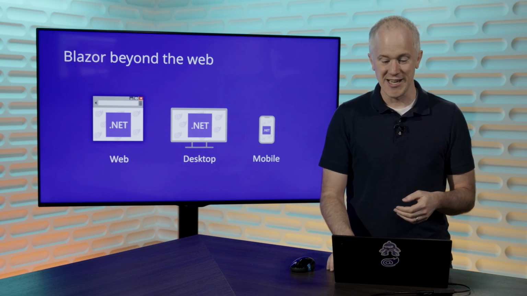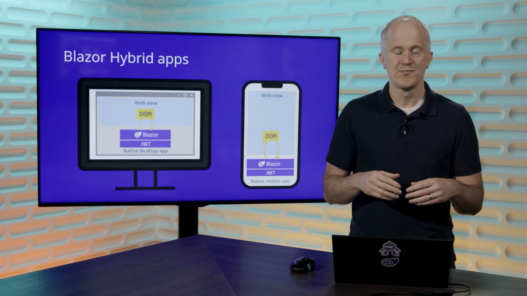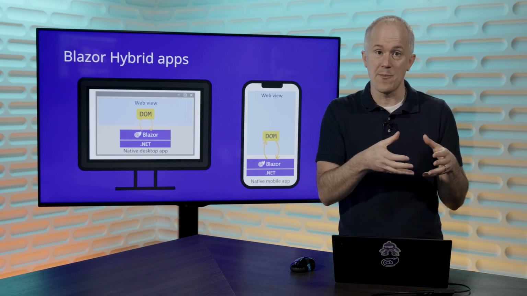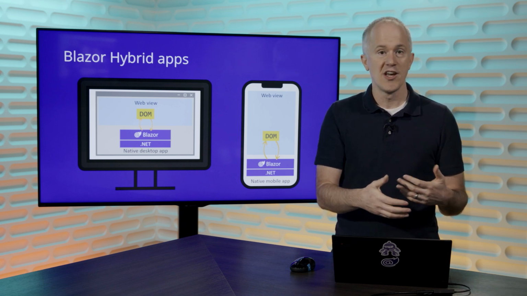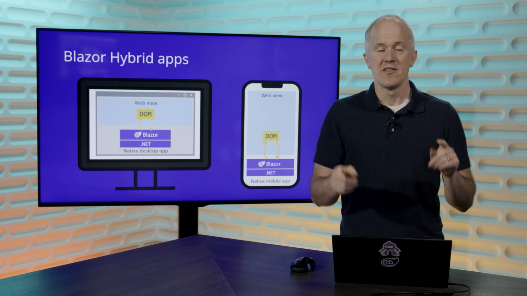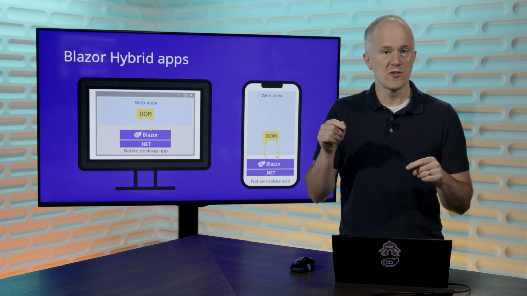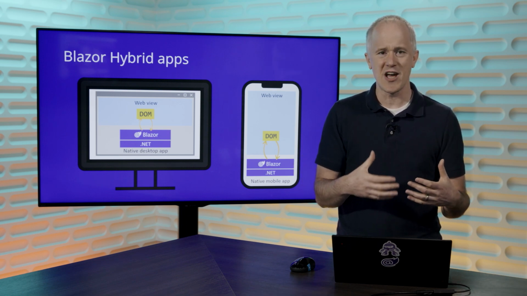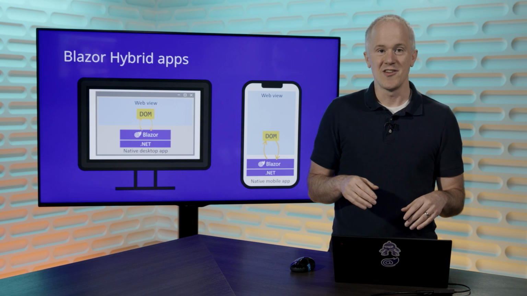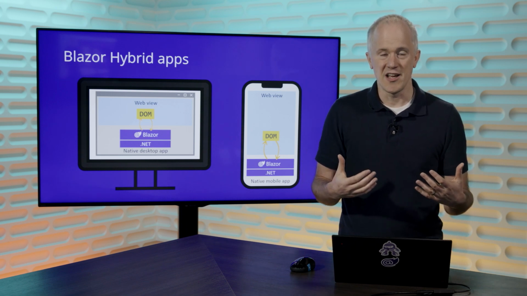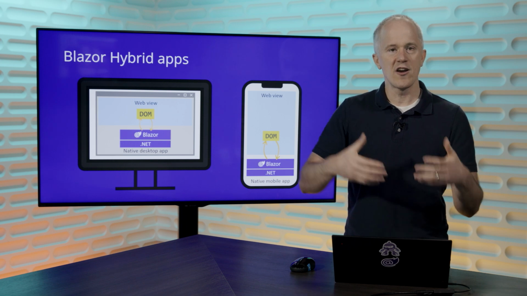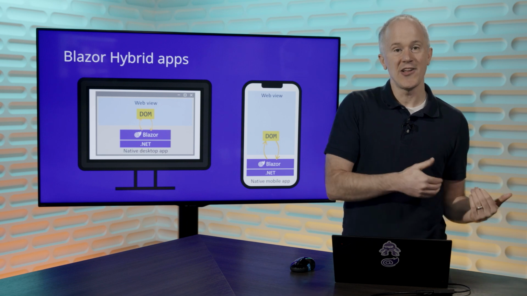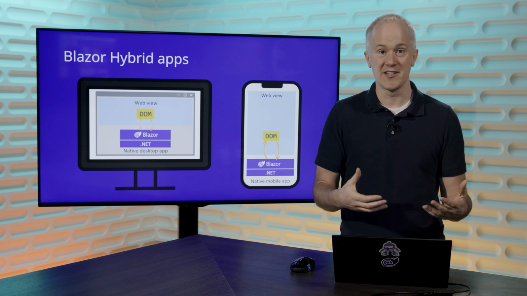Now, what is Blazor Hybrid? Well, Blazor Hybrid apps are native client apps where you take your Blazor components and you package them with the app, and they run natively on the device along with the rest of your .NET code. They then render to an embedded web view control that is also included with the application. So everything's local, everything's running on a native .NET runtime. WebAssembly is not involved. And the benefit of this setup is that you can reuse and share your existing Blazor web UI components within a native client app and still have full access to native device capabilities.